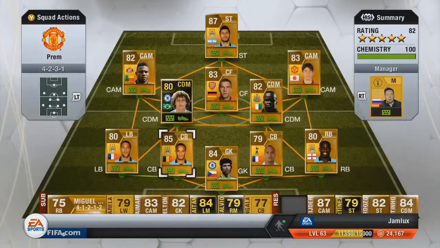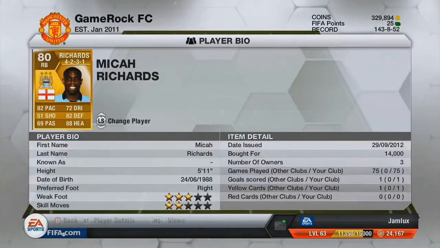Alright, we'll go over to the other side now, the right back, and this is Micah Richards. Now he's good. I was a bit unsure on Richards. 82 pace, I didn't think that was going to be enough. I wanted more like 85 pace. But I went with him, and he's really, really good. He's got really good defence, brilliant heading. He hasn't scored a goal with his headers yet for me, but he certainly does fill the right back